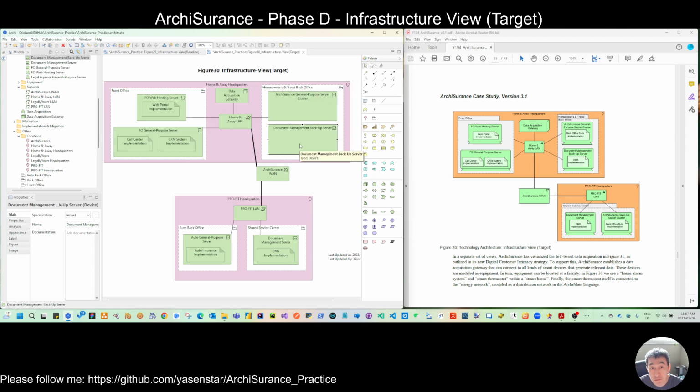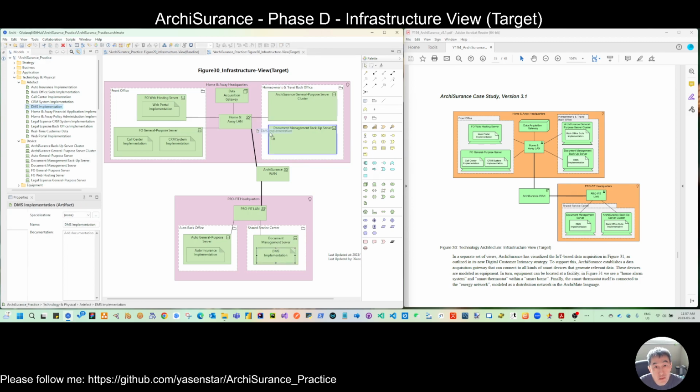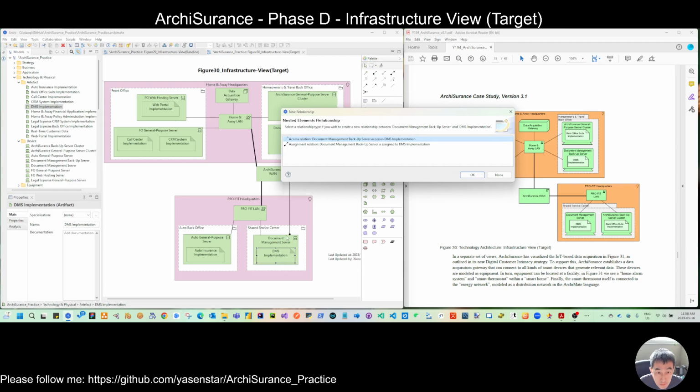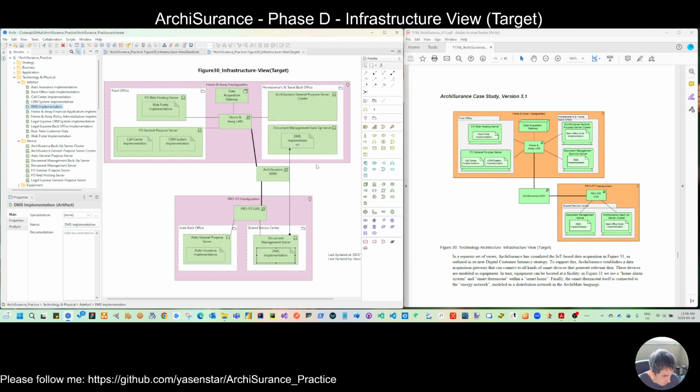Within the document management server, we have another implementation, also the same DMS implementation. But if you drag this here, you will also create a link shown from here. That is not a convenient way. So let's undo. If you want to use the same application but you don't want to inherit and make this a busy relationship,